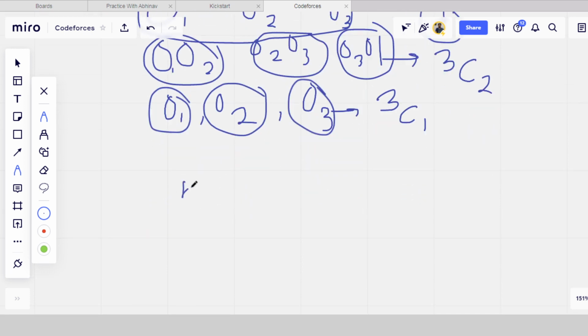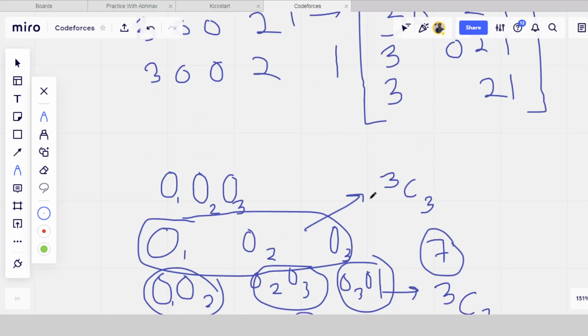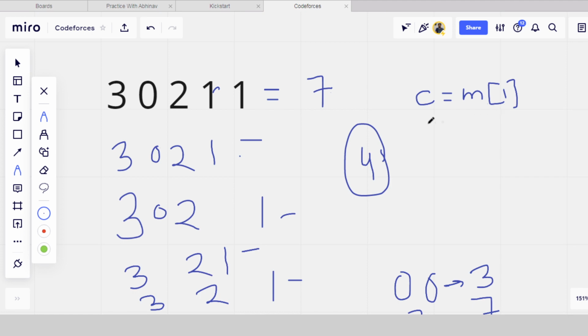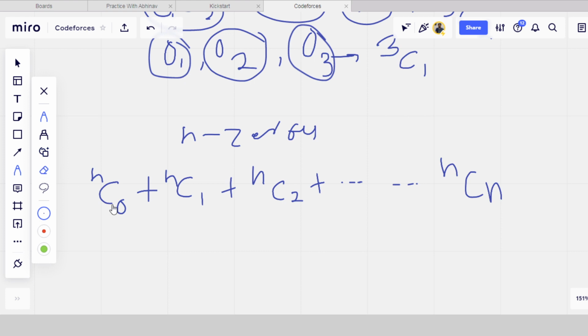So if there are n zeros, for example, there are n zeros in the particular array, then what we can take? First of all, we can take nC1, any one zero of that n zeros, plus nC2, plus up to nCn. Fine. And the other case is that don't take any zero. This is also a case, but we have already covered that case where we have added the MPP of 1. हम लोगों ने पहले एक केस ले लिया कि जब एक भी जीरो नहीं होगा तो जितने 1 होंगे उतना पॉसिबिलिटी हो जाएगी, उतने सबसीक्वेंस बन जाएंगे. फाइन. ओके, तो ये हो गया.